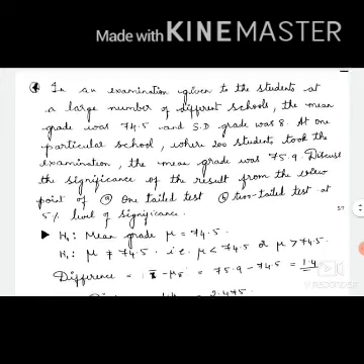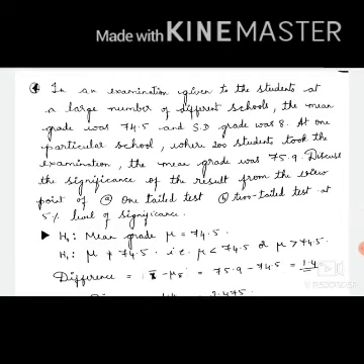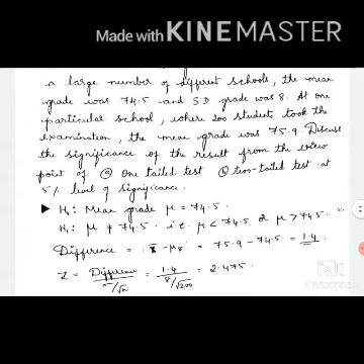So with this in mind, taking H naught that mu is 74.5, we take the Z statistic as x bar minus mu x bar by sigma by root n. X bar for the sample, the mean grade, is 75.9. Mu x bar is the same as mu, so 74.5, and sigma is 8 divided by root 200. So we get